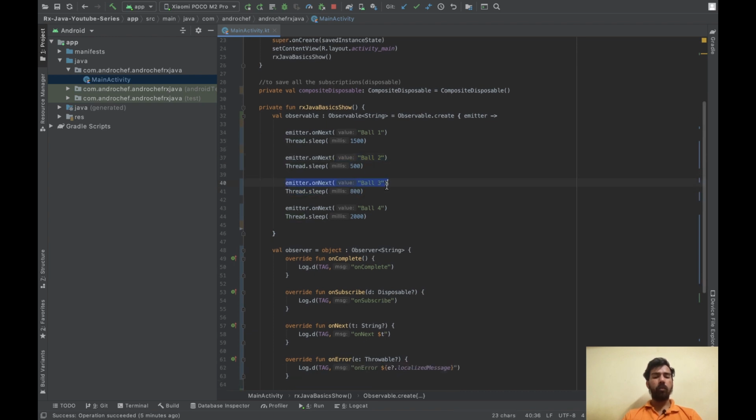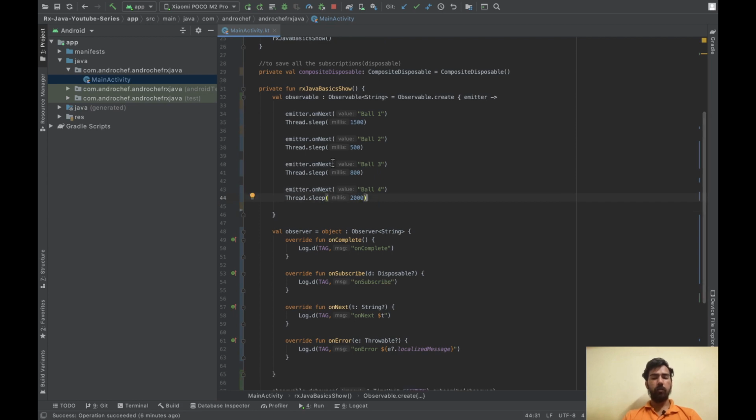Now the third ball also only waited for 0.8 seconds and ball 4 got executed, so the third ball also will not be emitted. The fourth ball waited for 2 seconds, greater than 1 second, so ball 4 will be emitted. In that case, ball 1 will be the output and ball 4 will be the output. So let's run this program and see the output.